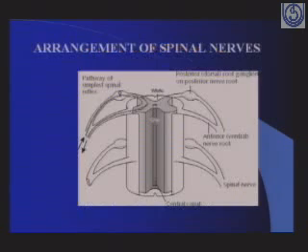There are two types of nerves, motor nerves and sensory nerves. Again, this is the diagram. This is your anterior part. This is your motor part. Posteriorly it is the posterior part, and both the anterior and posterior parts unite to form what is known as spinal nerves. One comes from the anterior, one comes from behind, and together they form the spinal nerves.